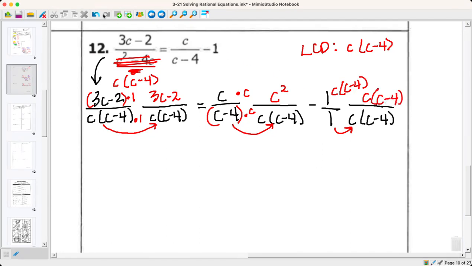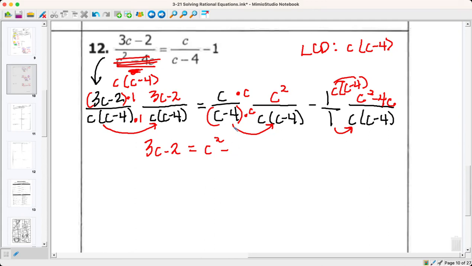Let's go ahead and multiply it out, save myself a step here. When I distribute this, I will have c squared minus 4c. So let's write down what we have now that all of our denominators are the same. What I have in red is what I'm going to bring down here. And that's going to be 3c minus 2 equals c squared